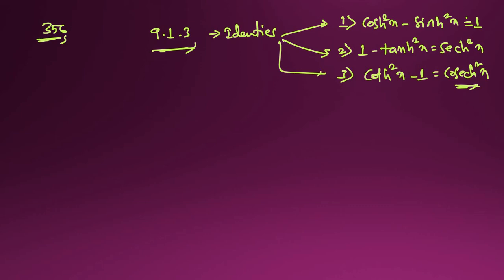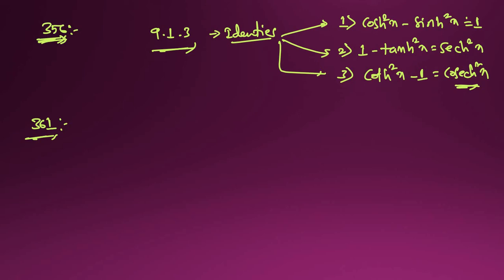Other things are given on page number 361. My dear students, if you want to skip directly to the exercise, you will find these formulas in your textbook also. If you want to listen directly to the class, you can skip this introduction part like identities and formulas. I'm telling you because it is very important for you. If you want to skip this, you can skip and learn these formulas by heart as you wish. Now start with this one.